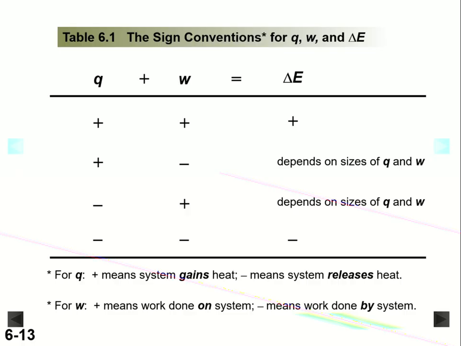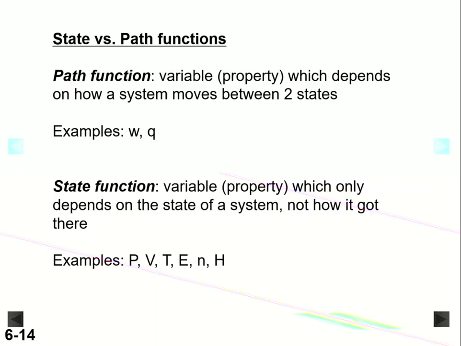Now, this is taken from your textbook, and there's a little bit of language you probably want to be careful with. At the bottom, Silberberg and Amateis have written down Q is positive, means the system gains heat. Heat is a process-related function, as we'll see in a moment. So we have to be careful not to think of a system as containing heat. It may contain enthalpy, as we'll see later on, but that is something that is a little bit different. So it's important to differentiate that here.